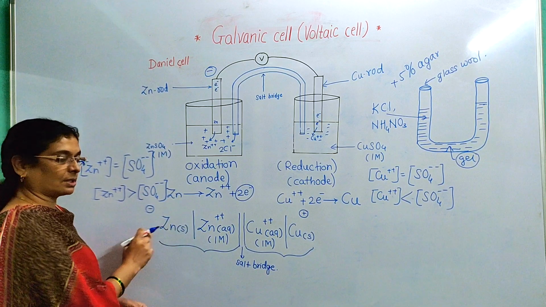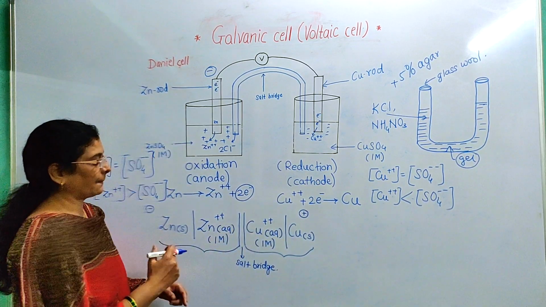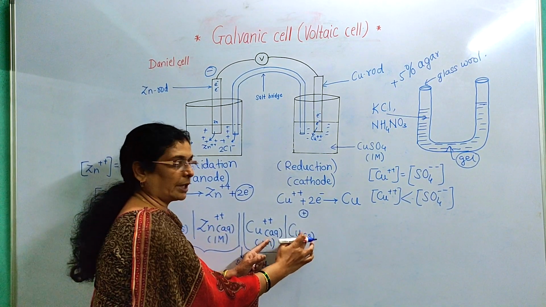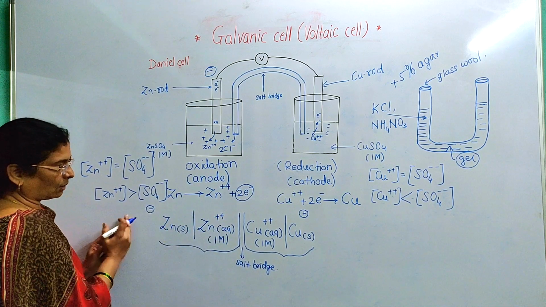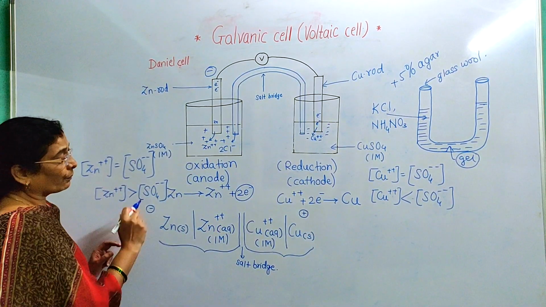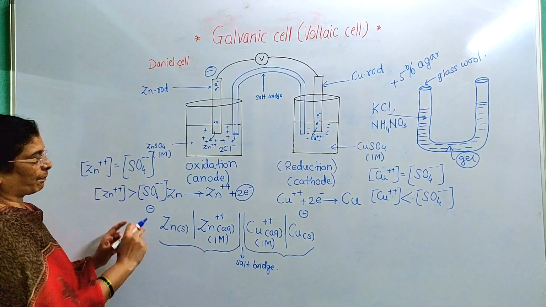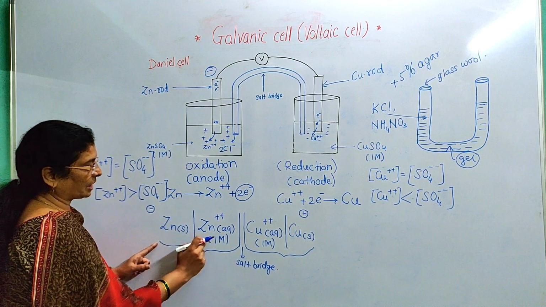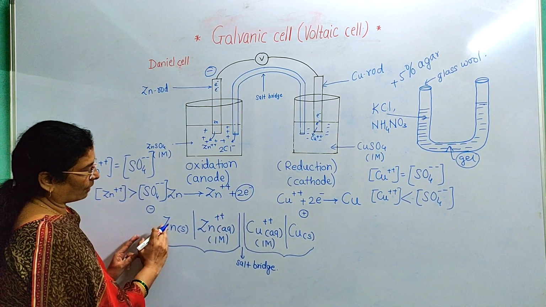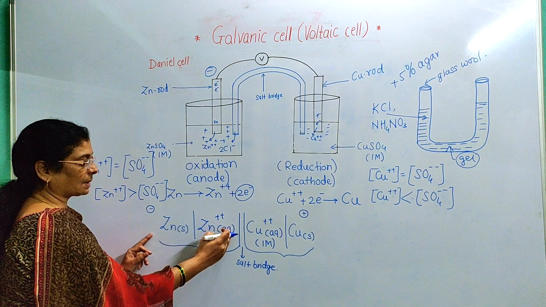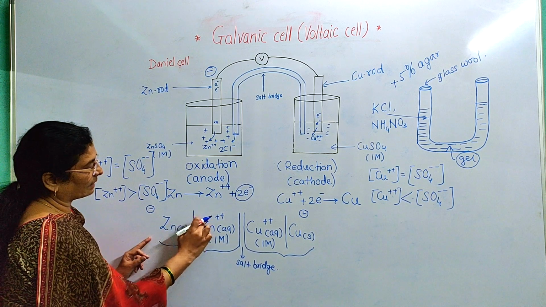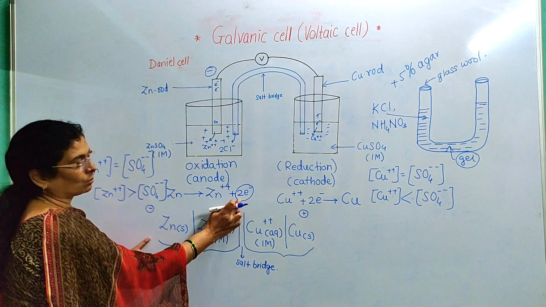At which half cell oxidation takes place, at which half cell reduction takes place. Here, at the zinc electrode, oxidation takes place. At the copper electrode, reduction takes place, because the zinc electrode is written on the left hand side, and the copper electrode is represented on the right hand side. Now, which cell reactions are taking place? Here, in the zinc half cell, the oxidation reaction takes place and these Zn atoms are converted into Zn++ ions. So from this you can write the reaction at the oxidation electrode, or the oxidation half reaction. Zn is converted into Zn++ ions. How? By losing 2 electrons.